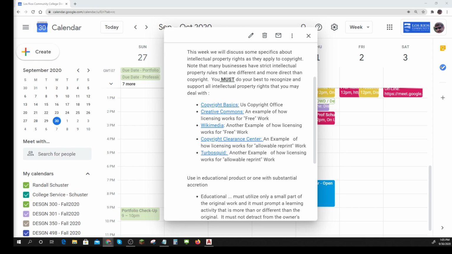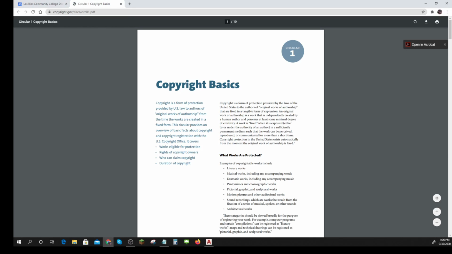So we will often look for free stuff that we can use however we want. But often when you see something, we'll just go pay for it. So let's talk about how all that works. Let's look first at copyright basics. What does copyright mean? And I found this